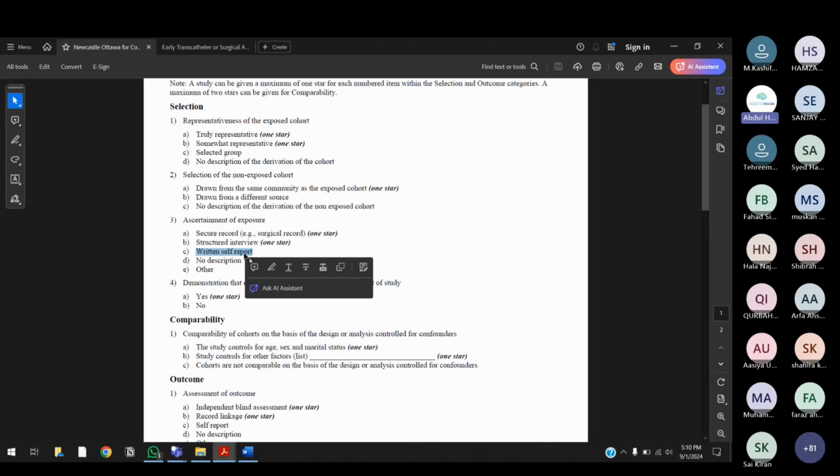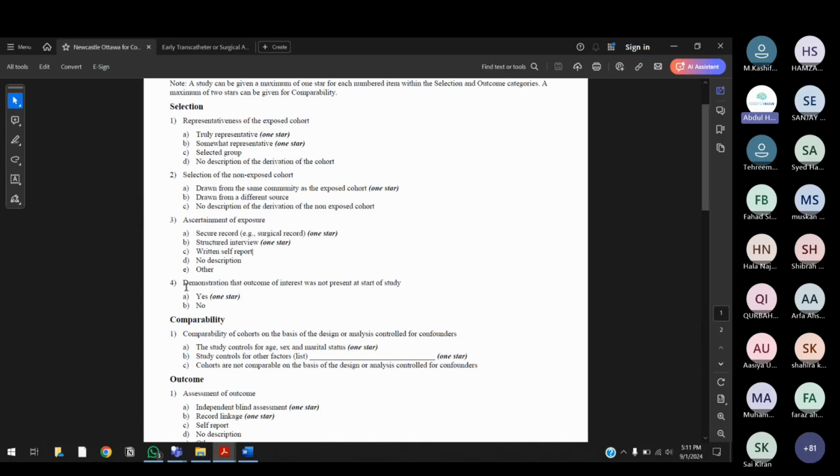Right? So we have answered 3 questions. After answering these 3 questions, how many total stars do we have? Considering we answered A for question 1, A for question 2 and C for question 3, that is 2 stars. Okay? Sharira, the meaning of exposed and non-exposed cohort is that the exposed cohort was given some intervention, or was exposed to whatever disease or risk factor you are studying, and non-exposed means the opposite of it. Okay? So that is the control group.